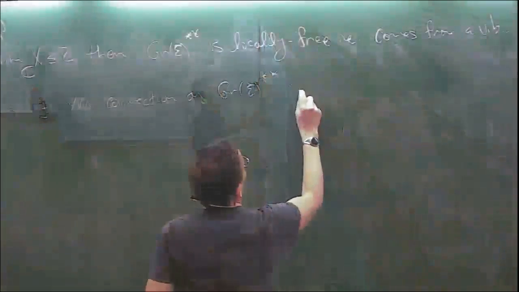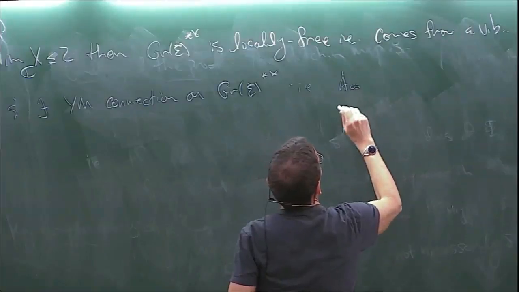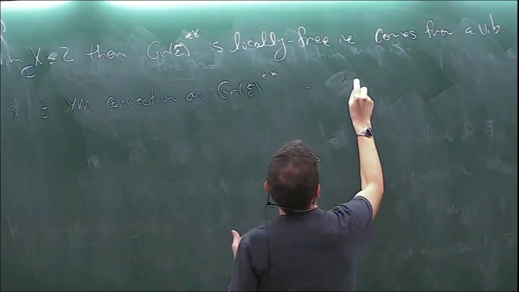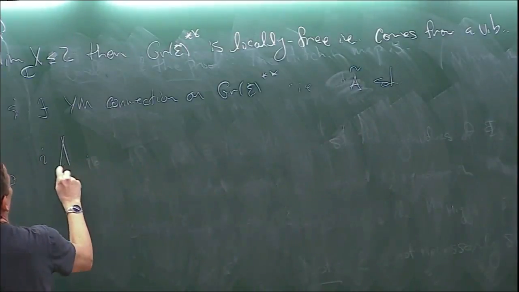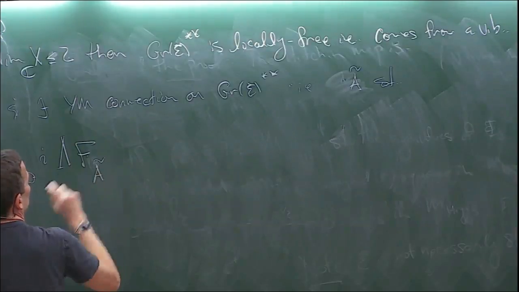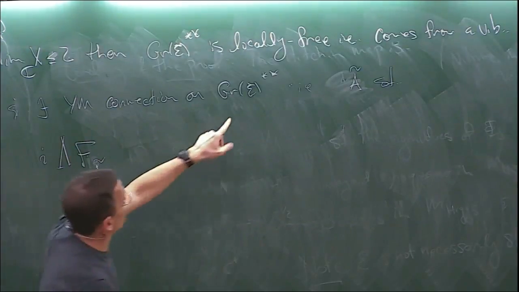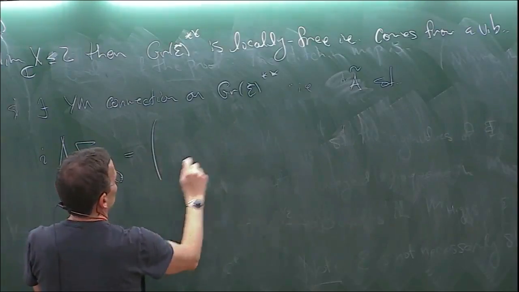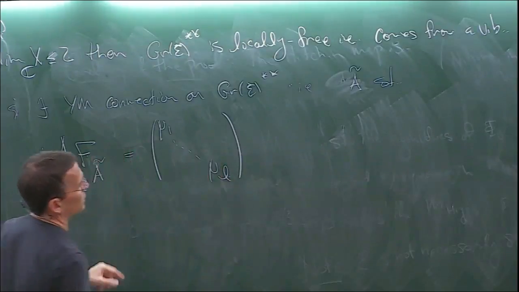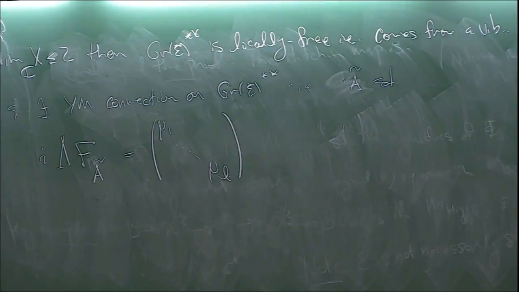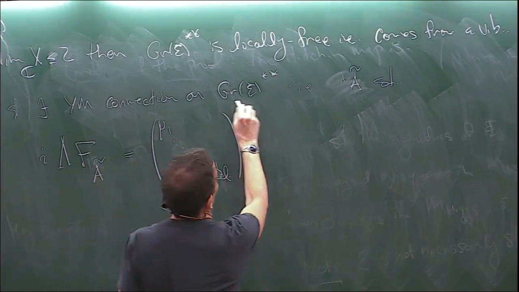I mean a connection, A infinity, well, I shouldn't call it A infinity, A tilde, such that when I look at this Hermitian-Einstein tensor for A tilde, so this is a connection on Gr double dual, it's not a multiple of the identity, but rather it's a diagonal matrix with the slopes of these pieces exactly on the diagonal. Okay? So that's the form of the connection on Gr double dual.